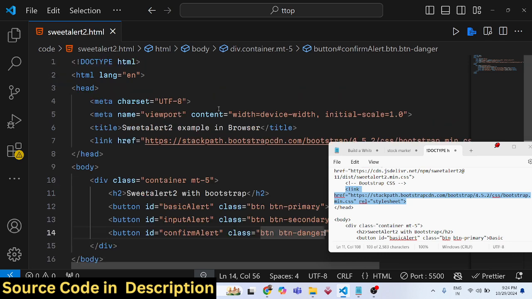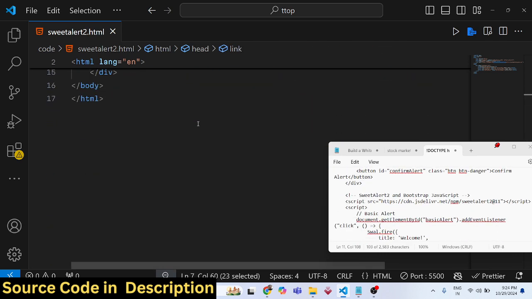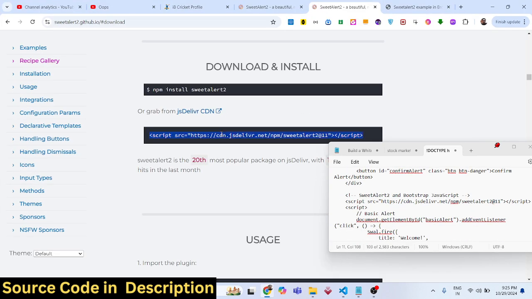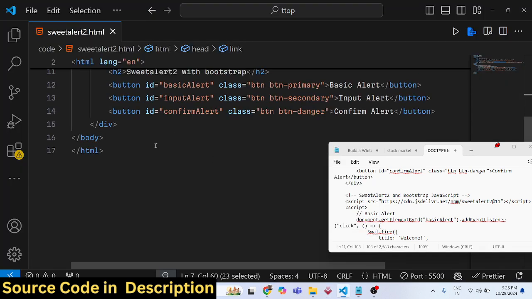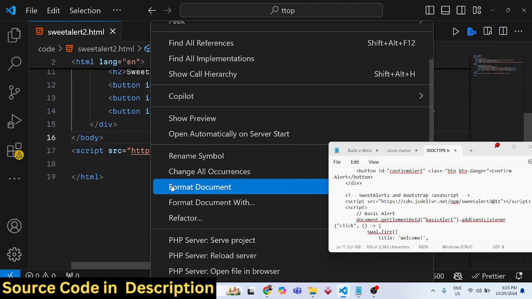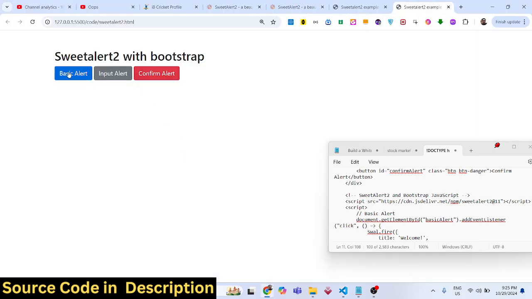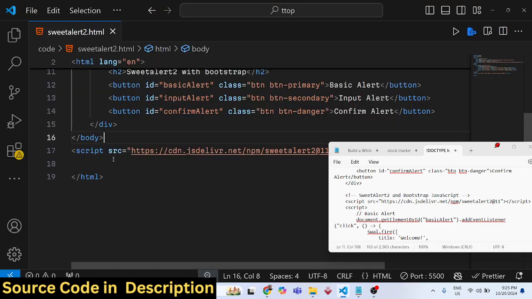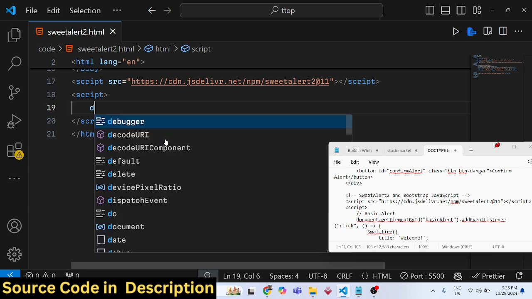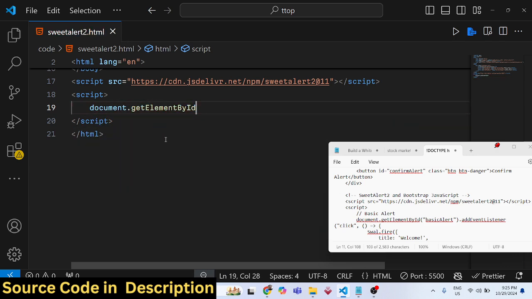For Bootstrap we included the CDN, and now for including the SweetAlert CDN, you will simply copy this CDN which is available on their website. Just after the body, paste it. If you see in the browser, we will have these three buttons. When we click these buttons, nothing happens because we need to write the JavaScript for these. In the custom JavaScript, we will bind an onclick listener to each of these buttons. We have given this ID here, basic alert. We will bind this listener to this button. So when we click this button, we will